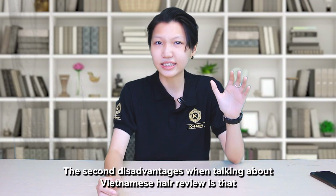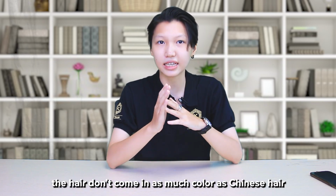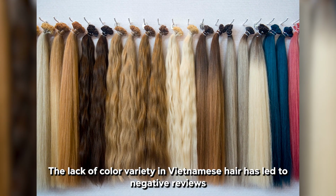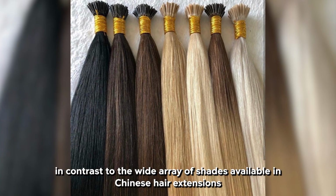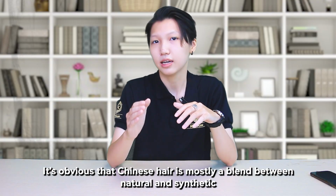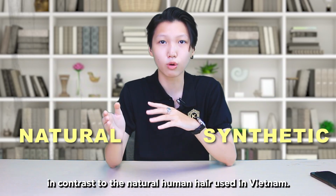The second disadvantage when talking about Vietnamese hair reviews is that the hair doesn't come in as many colors as Chinese hair. The lack of color varieties in Vietnamese hair has led to negative reviews, in contrast to the wide array of shades available in Chinese hair extensions. It is obvious that Chinese hair is mostly a blend between natural and synthetic, in contrast to the natural human hair